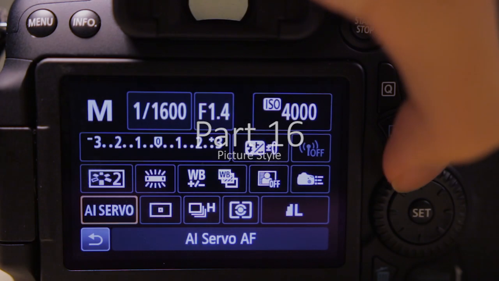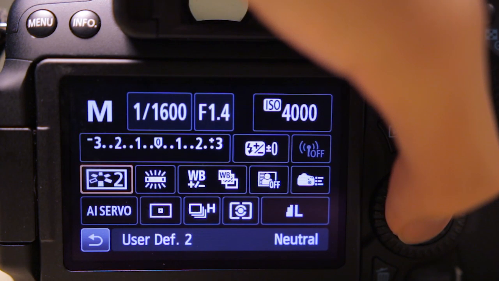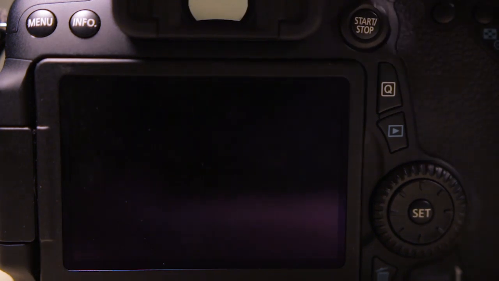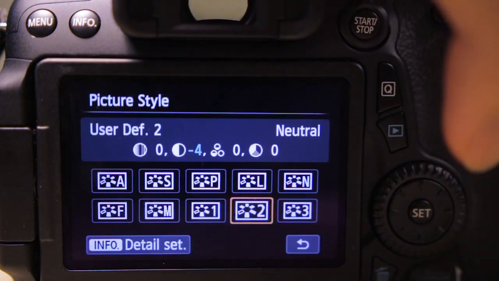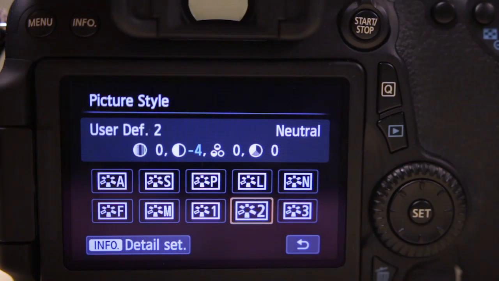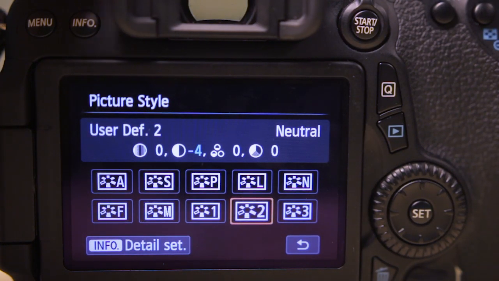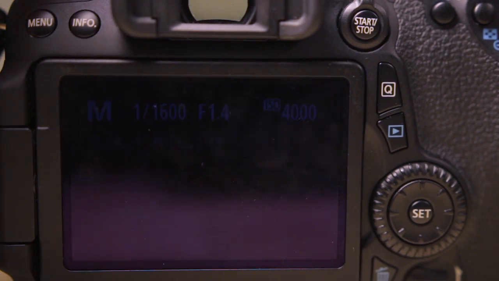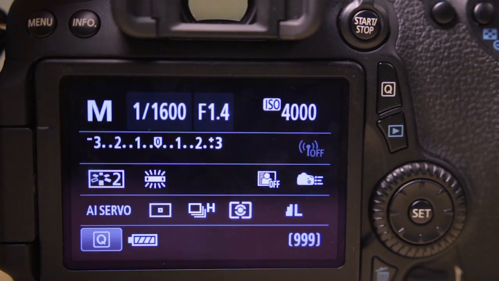On all Canon cameras, there is such thing as a picture profile. To access picture profile, basically quick menu, picture profile icon. So what is a picture profile? Picture profile is basically the kind of processing your camera's image processor does to an image before saving it to